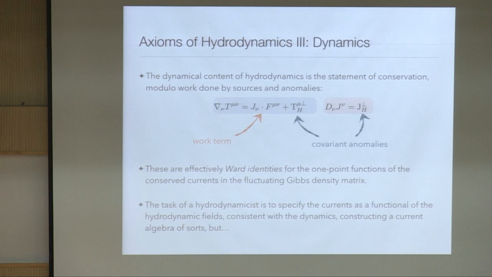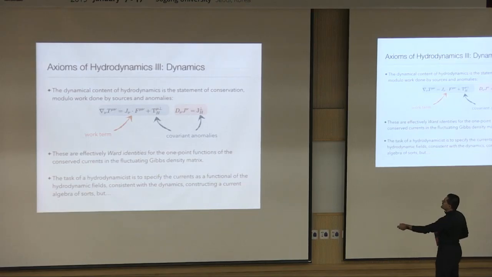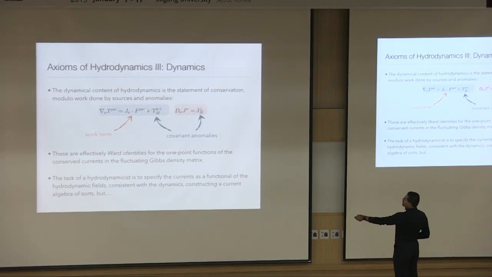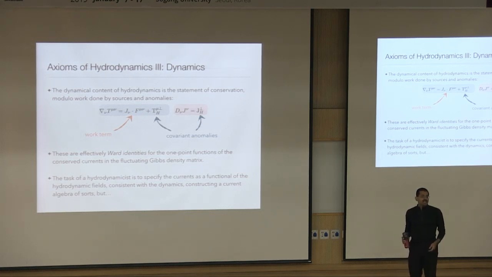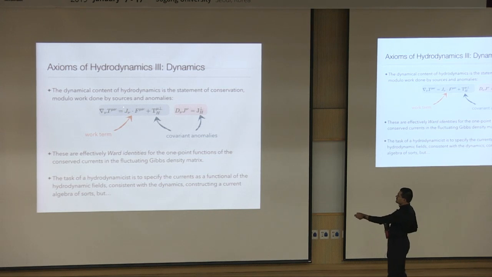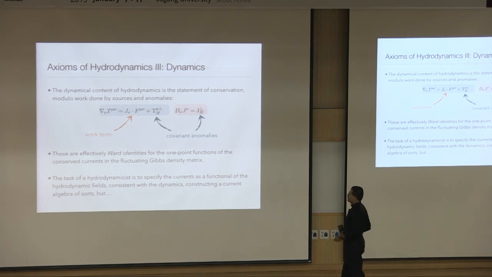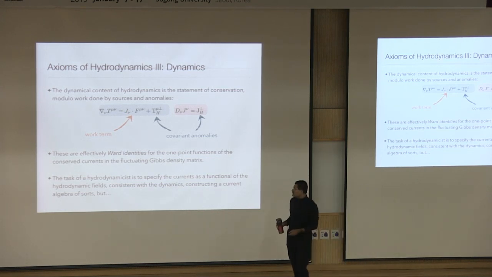So before I do that, let me tell you some more. Why this is actually a simple theory. It's a simple theory because conserved currents are by definition conserved up to work terms. Okay? So the dynamics of this system is very, very straightforward. There's not much happening except that energy momentum tensor would be conserved, except when you have external background gauge fields, in which case you have a Lorentz Joule heating term, which does work on the system. So current times background gauge field strength gives you, it's like E dot